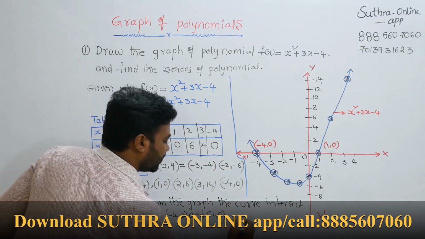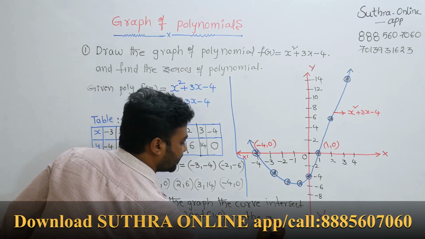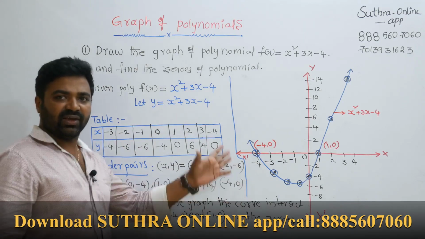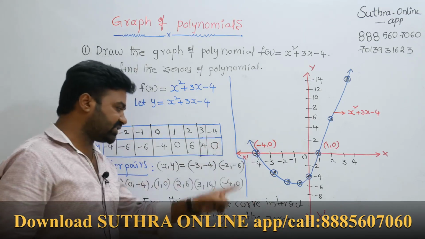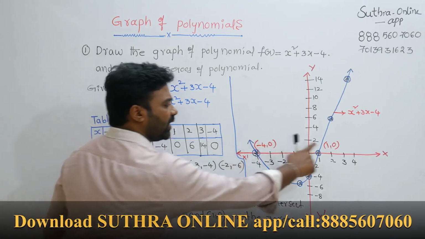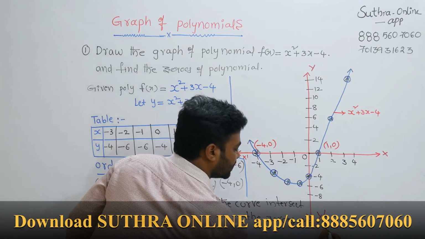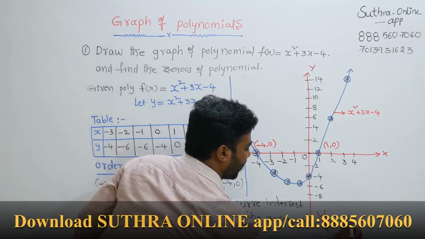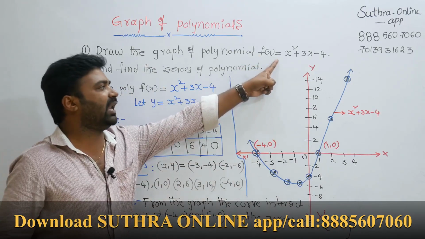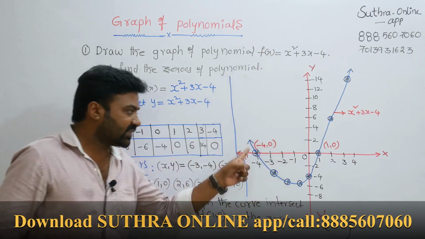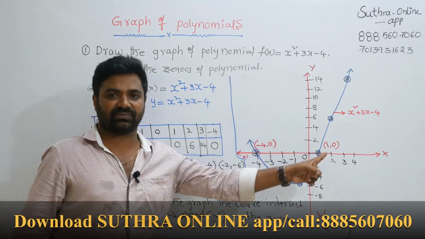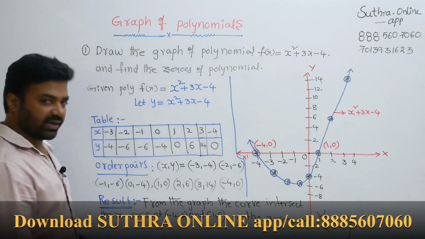So therefore from the graph the zeros are, okay, from the graph only we need to say the zeros. What are the zeros? The x numbers only: minus 4 and 1. Zeros are, in this bracket, minus 4 comma 1. These are the zeros of this polynomial graphically. See, where the curve and x-axis intersect, those are the zeros.